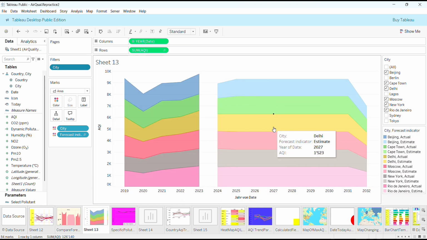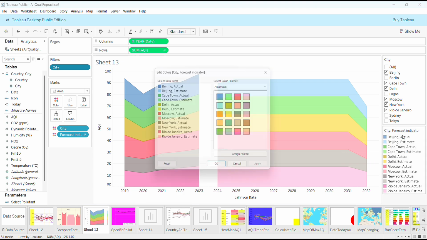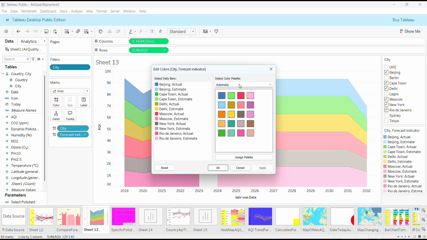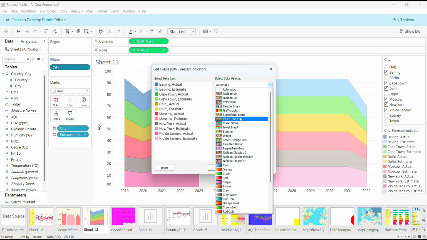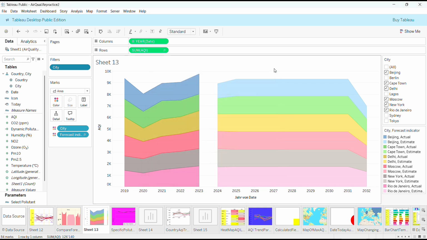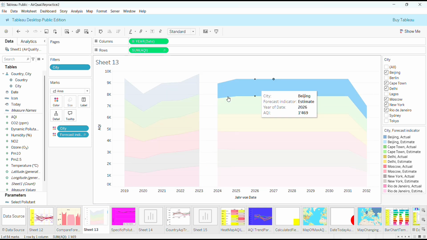As you can see here we have other colors, because here you can go and edit the colors, but I'm going to leave it like this. Right now I have this palette selected, and it's here that you can go and choose the palette that you want. But I'm going to keep these colors just because they are different. And as you can see here, also we have